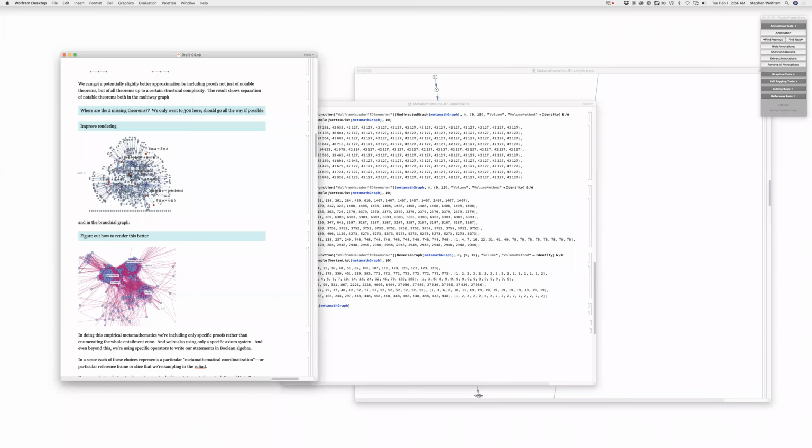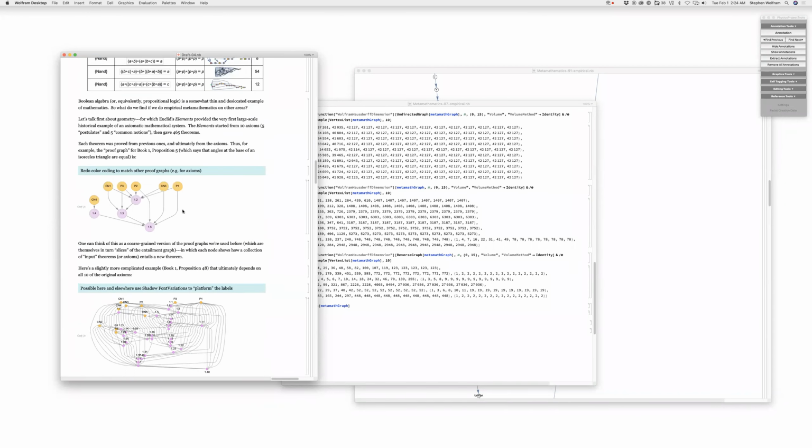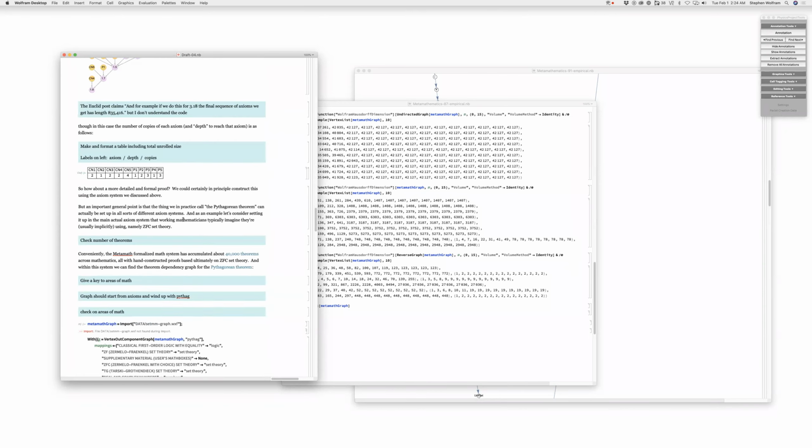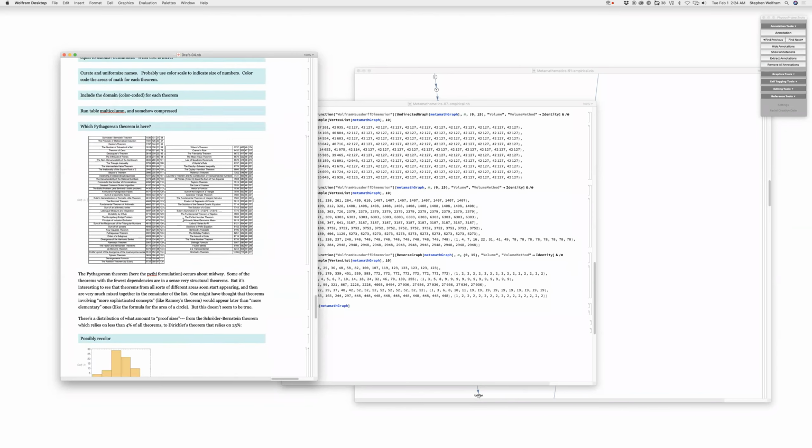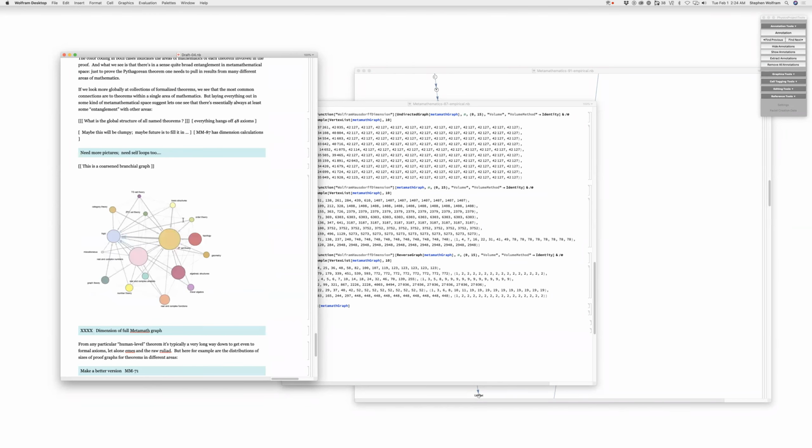Let's see if we can represent it, and then we can analyze it. For example, this graph here is a kind of cheap branch hill graph. And the question is,